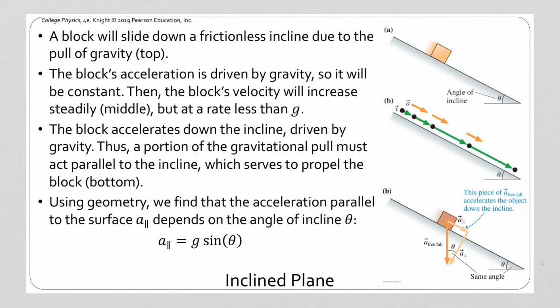But what we can see here is that if the total gravitational acceleration is straight down, the block is only seeing this component of that acceleration, and this side here is opposite that angle of incline. Again, we'll see a little bit more geometry later to prove that to be true. And so this would be the opposite. The full value of the free fall acceleration is g. That is the hypotenuse. And if this is opposite, that means that we'll use the sine. And so we can use this acceleration for the magnitude